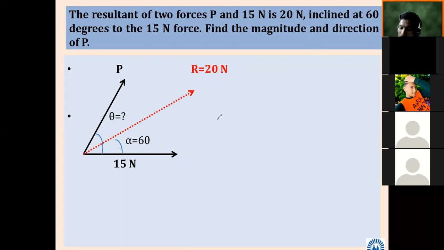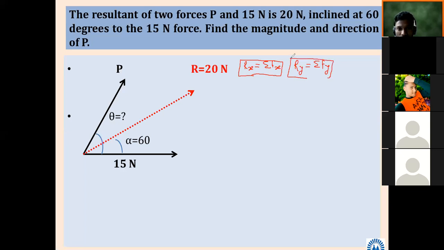So if I want to write this for a given system, the same sentence, actually this is one of the special problems I will say. What I was telling: the X component of the resultant is equal to the summation of all X components of the forces in a system. Similarly, the Y component of the resultant, I will say Ry, is equal to the summation of all the Y components of the forces in the system.